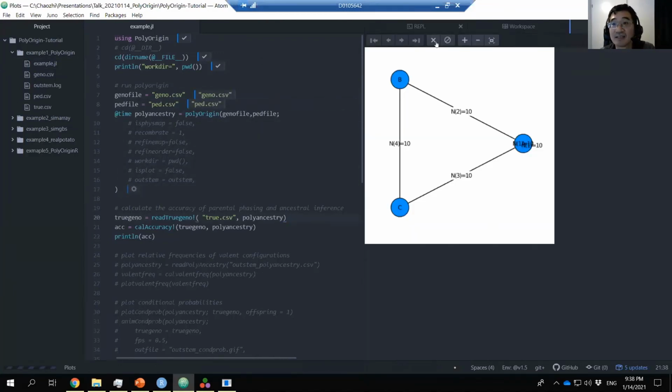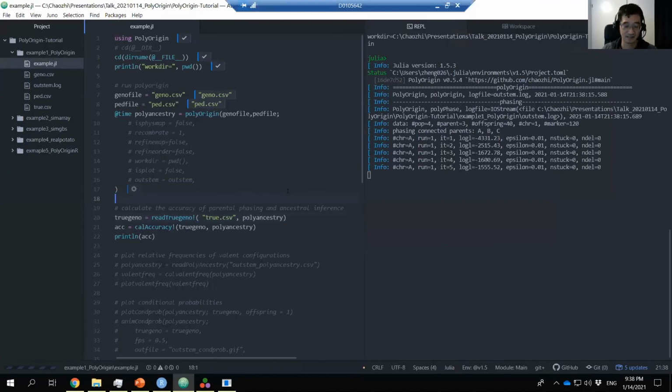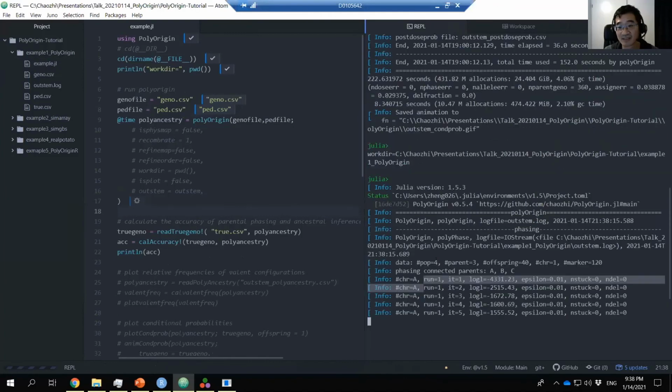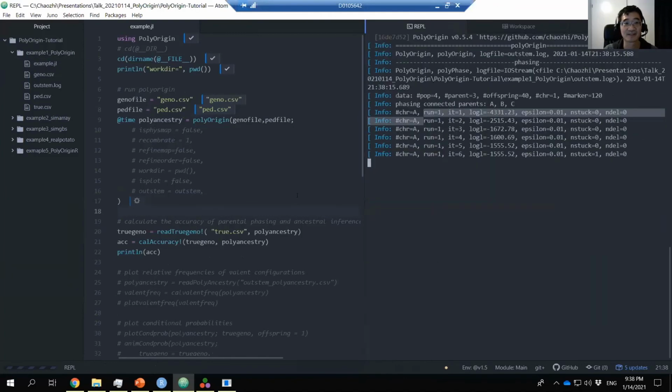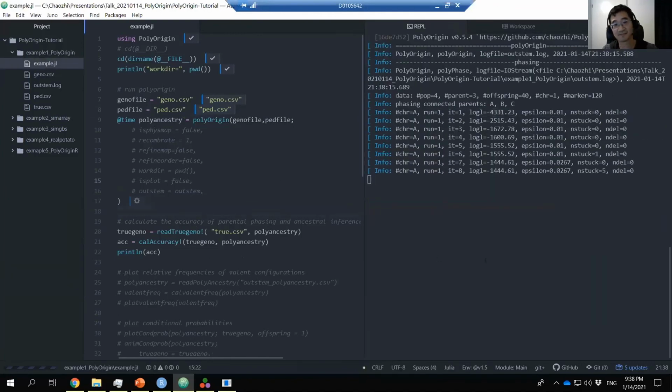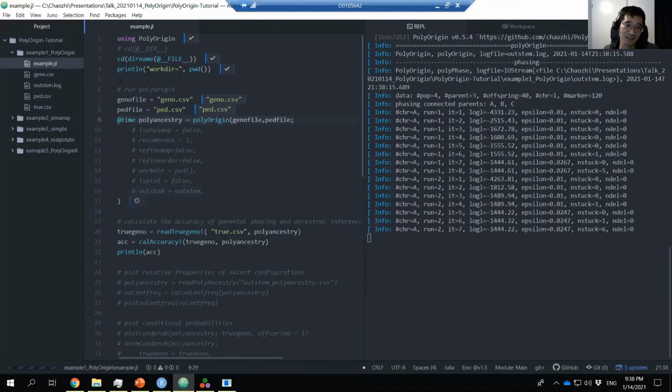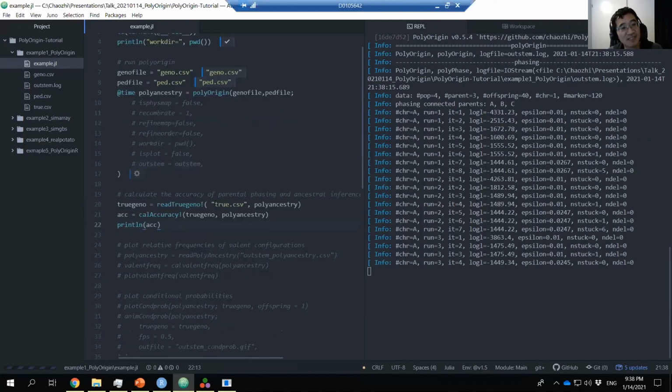Then also it runs similarly. Probably I can make it larger. Basically you need just one line, and this is enough. But you can also set a little more. Then afterwards, because this is simulated data,